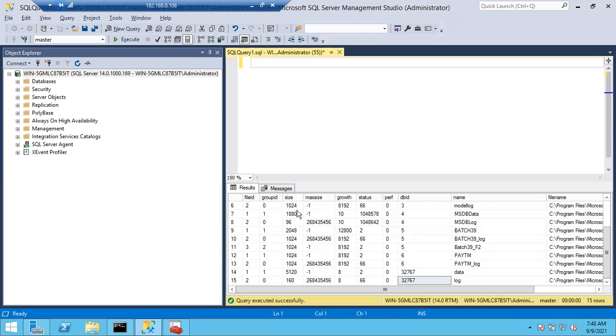See here, this is a table actually. Sorry, this is a vertical entity. The vertical entity is called a column. This one is one column. File ID is one column. Group ID is one column. Size is one column. Max size is one column. The vertical entity you can see here, which was highlighted, is a column. What is the horizontal entity?